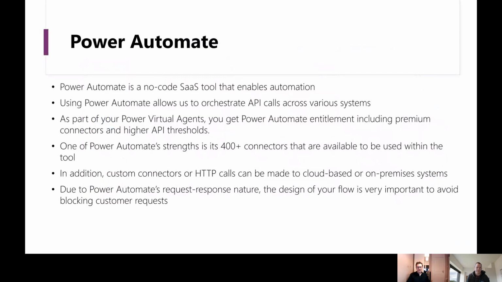Okay, so what is Power Automate? Power Automate is a no-code SaaS tool that enables automation. What it is very good at is providing people with the ability to orchestrate API calls across various systems. So you can really think of it much like a workflow, with the ability to take data from point A to point B, enrich it, call point C, and provide some logic and transformation